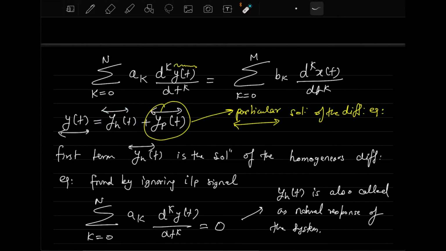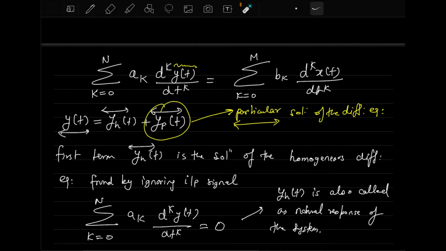And you will see later on that once you get the natural response of the system, that is equivalent to getting the roots of the system, which we will look into when we go into the Laplace transforms theory. There we will discuss this point. Right now this is of no concern here, but the point to be noted is this is a natural response which is due to the stored voltages, or you can say the initial condition of the systems.